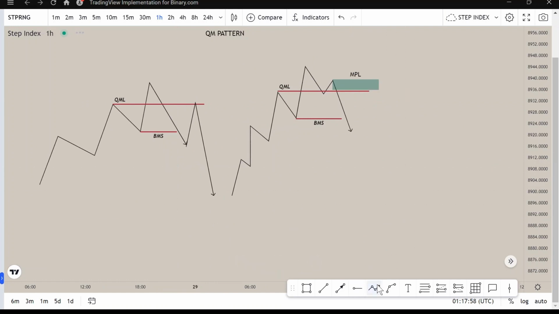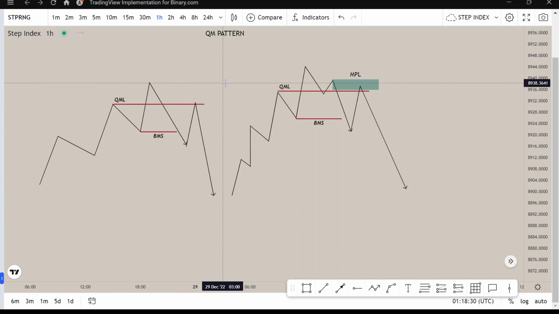And also the same with the MPL, the QM pattern with the MPL, very powerful area. Price can pull back to that level and sell off. So these areas are very powerful areas in price. They provide high quality setups, entries, very sniper entries happen around these areas. Now there's one thing that you can do as well. When price comes here to the QM line, you can sell straight away from the QM line